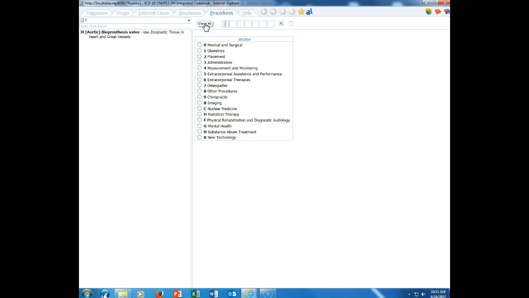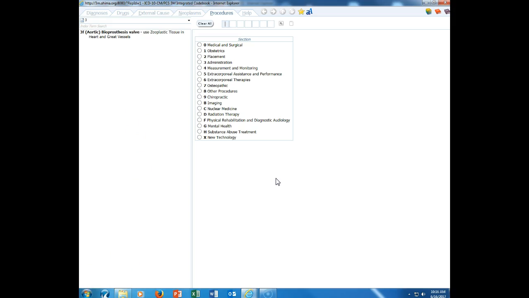So let's go back to Chapter 7 in your textbook on page 120. And this is pulling out some of the coding guidelines to review those sections that are in Chapter 7. And it starts off with transplant versus administration. And one of the confusing things is